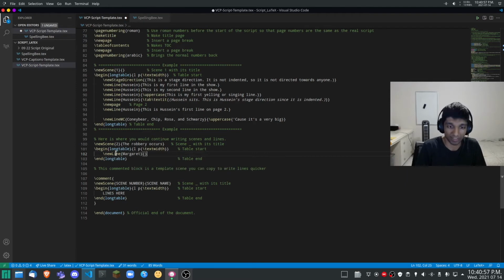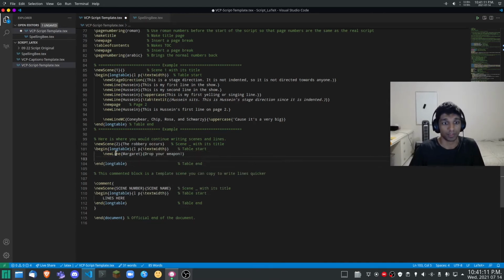And then the second command would be what Margaret says. So I'm gonna say drop your weapon, and then that's the first line. And then you can write more lines here, or add stage directions, or add new line MCs.